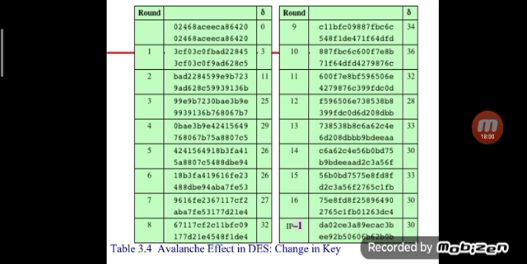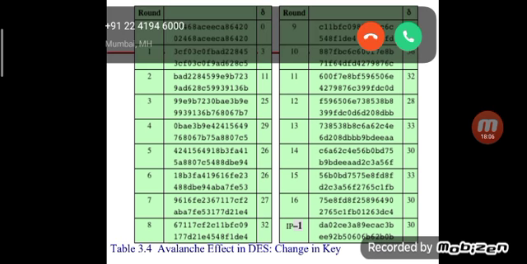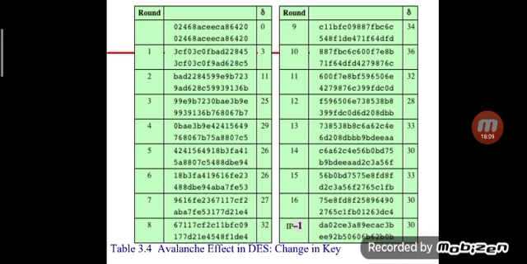We can change the key by only one bit, and that is passed through the various rounds, from round 1 to round 16. If we look at the output of round 1, there should be a change of 3 bits. In round 2, there should be a change of 11 bits. As we consider the different rounds from 1 to 16, at the last we perform the inverse initial permutation. Finally we got a change of 30 bits.